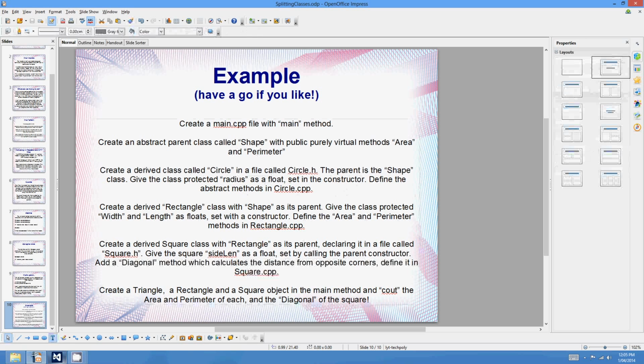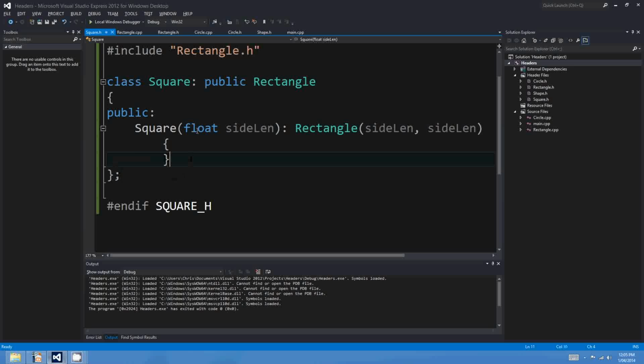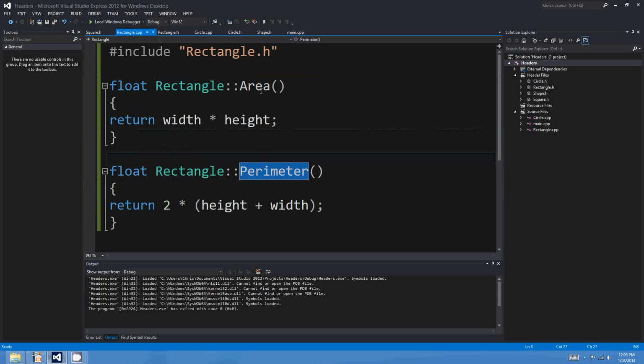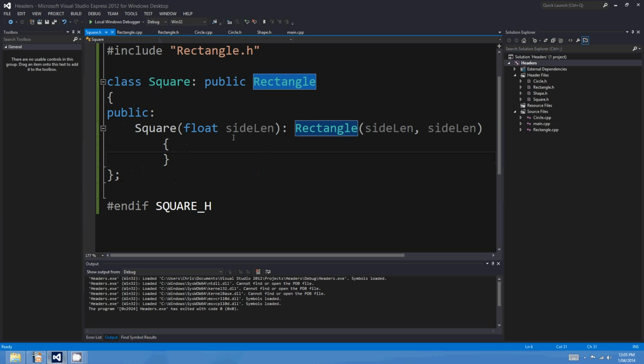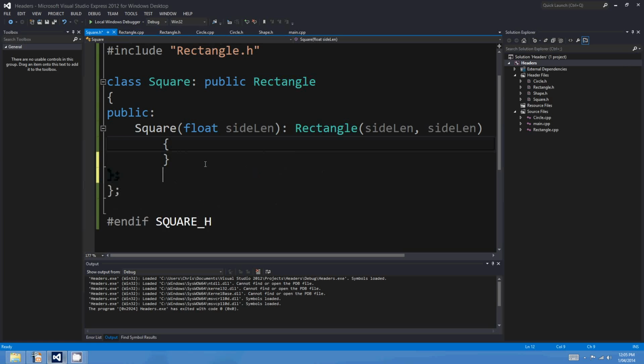Okay, to square.cpp. Alright, so before we do that, I want to mention that square inherits from rectangle. And rectangle is not an abstract class. Rectangle implements the perimeter and the area already, so we don't have to change those at all. Square doesn't need to implement those at all. But it does need to implement diagonal, so if we float